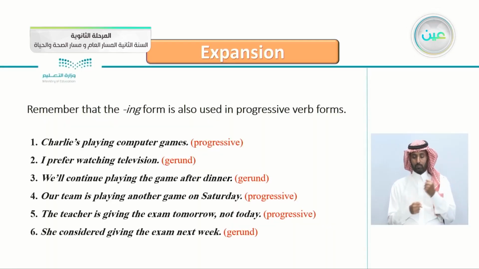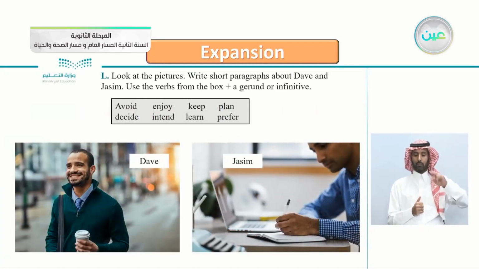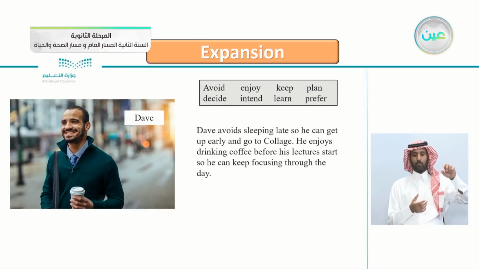We'll continue playing the game after dinner. This is a gerund. Our team is playing another game on Saturday. This is a progressive. The teacher is giving. This is a progressive also. She considered giving the exam next week. This is a gerund. So coming back to the exercise here, Dave, you can say, for example, Dave avoids sleeping